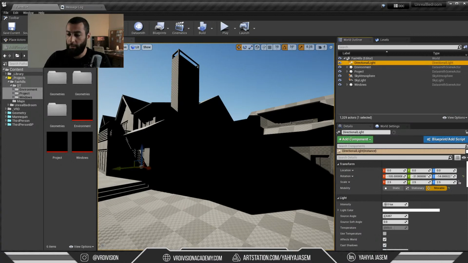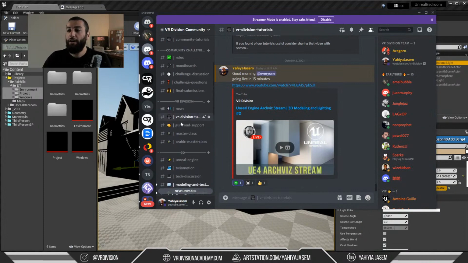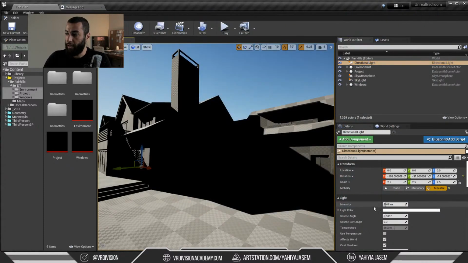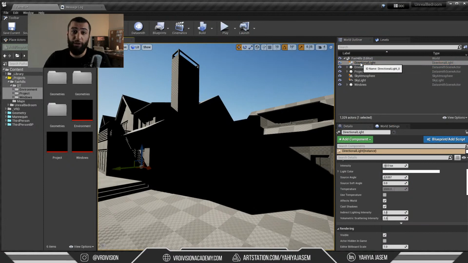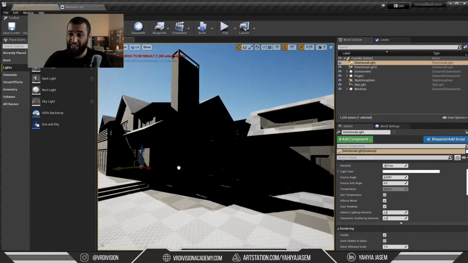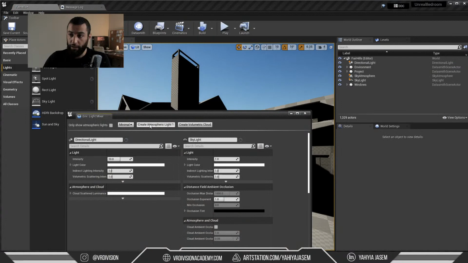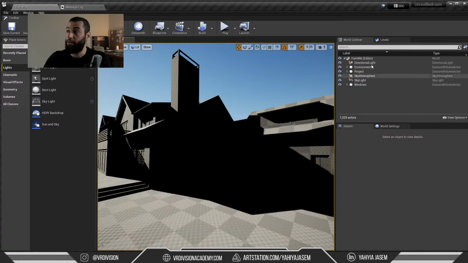By the way, a few days ago, if you're not with us on Discord, you see these sneaky ads. Someone needed help with the directional light. Something you need to know when you create a directional light, whether in Unreal Engine 4 or 5, is the difference between clicking and dragging the directional light from here, and making it from the environment light mixer, when you click on create atmospheric light here. This is something I hope someone changes. Let's just call them all directional lights or sun. Anyway, when you create the directional light from the environment light mixer, there is one option